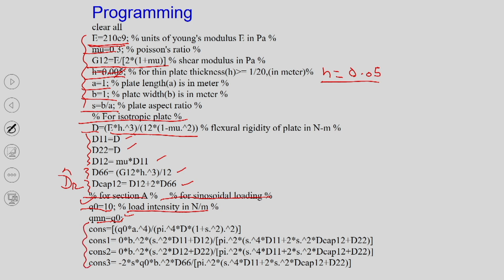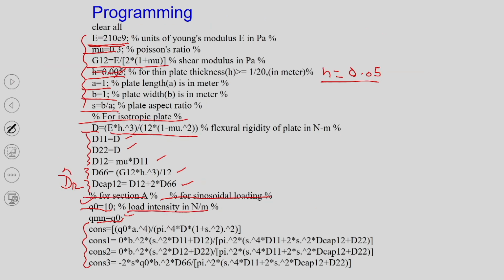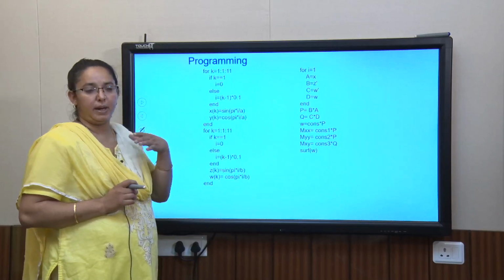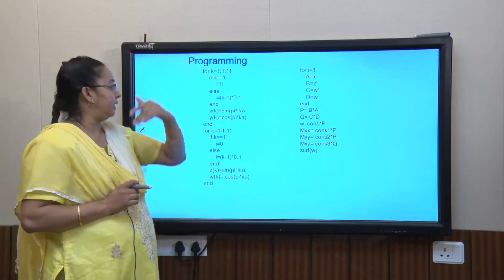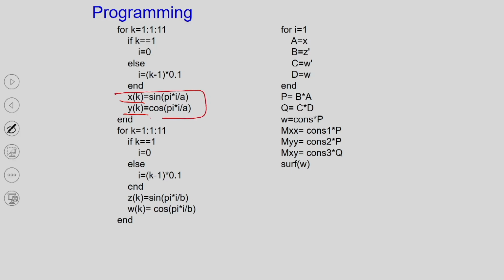So, what are this con 1, con 2, con 3? If you go back, this is con 1, this is con 2, and this is con 3. Like this you are evaluating them. Then we have to say that if we are interested in a plot by taking 10 points along the x axis and 10 points along the y axis, how do you evaluate that value and store it in an array form?